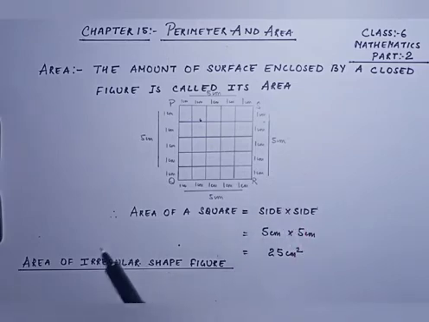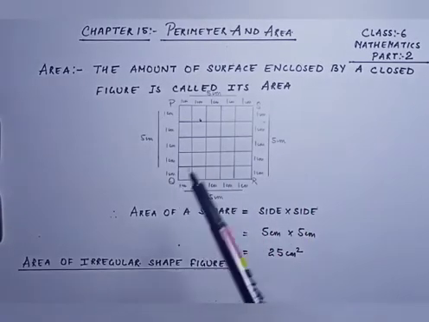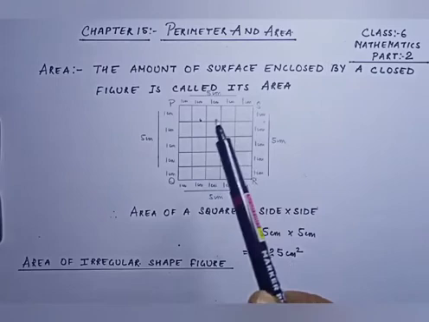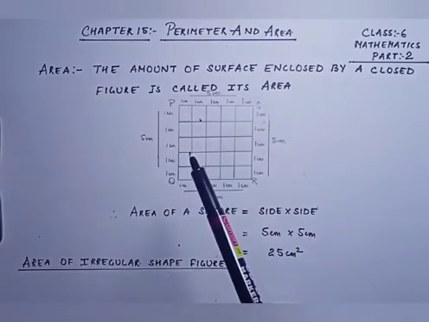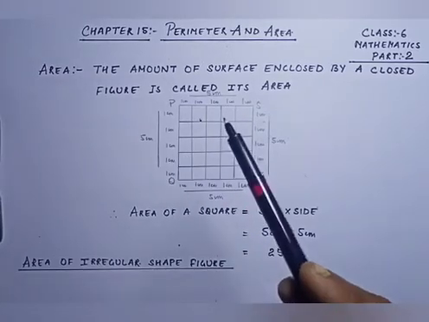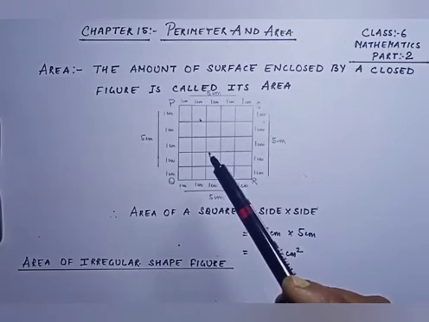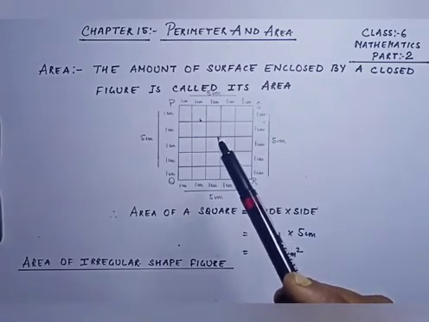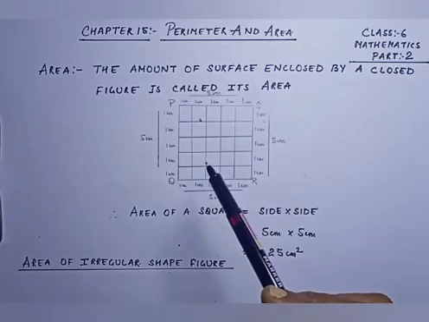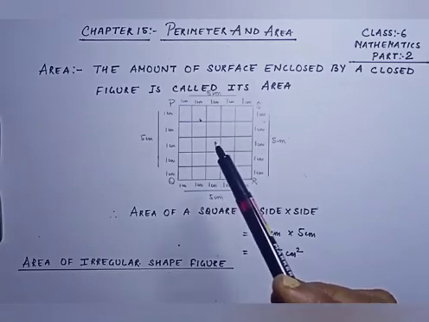Let us move to another topic, that is area of irregular shape figure. Now if we are talking about a regular shape figure, it has length, breadth or height, so the area can be taken out very easily. But suppose if the figure is irregular shape, as it does not have a regular shape, so how we are going to find out the area of that irregular shape? So with the help of a graph sheet we can find out the area of an irregular shape figure. So let us see how we are going to find out the area of an irregular shape figure.